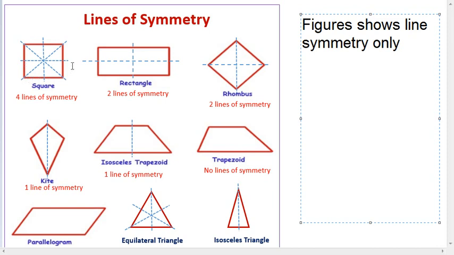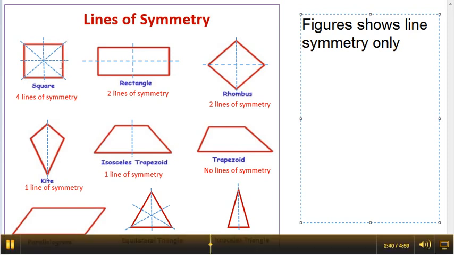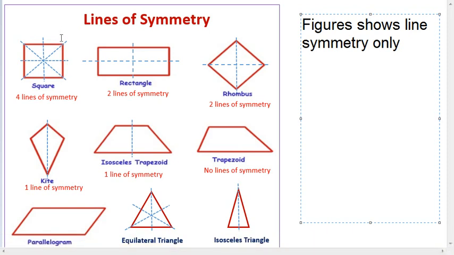So what is the order of symmetry? The order of symmetry is 360 upon the minimum angle through which it can be rotated so that it looks the same. Kindly follow my earlier video given on this. So 360 upon 90, that is 4 orders of symmetry for rotational symmetry. Okay. So the answer